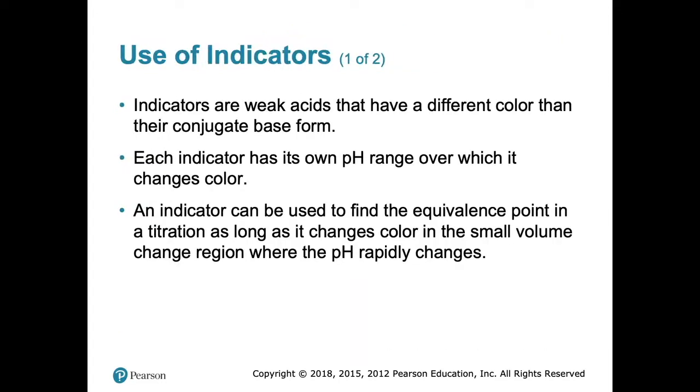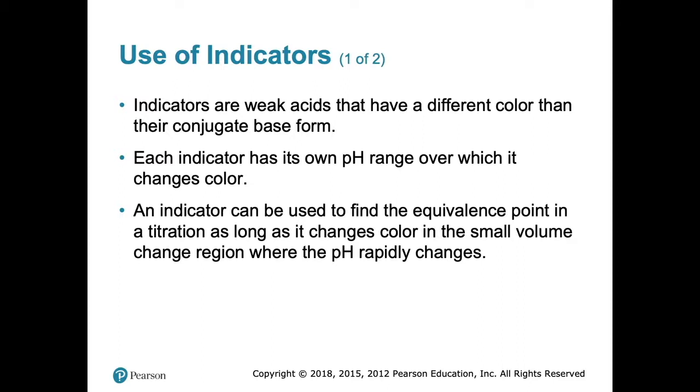All right, so the use of indicators. The indicator that you used back in the lab last week was phenolphthalein, which turned pink upon basicity, or alkalinity, right? But what exactly are indicators? Indicators are actually weak acids that have a different color from their conjugate base form. For phenolphthalein, its conjugate base is pink, and that's why it turns pink when most of it becomes basic. So that's pretty cool, you can begin clear, then you lose a proton, and what happens? You turn pink. It's kind of neat, right?